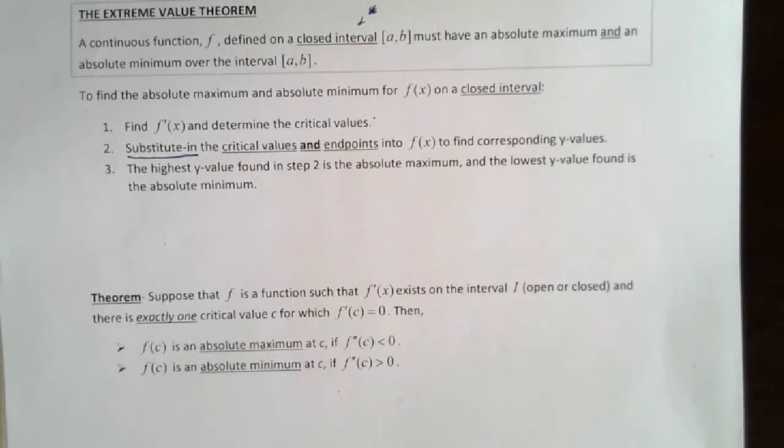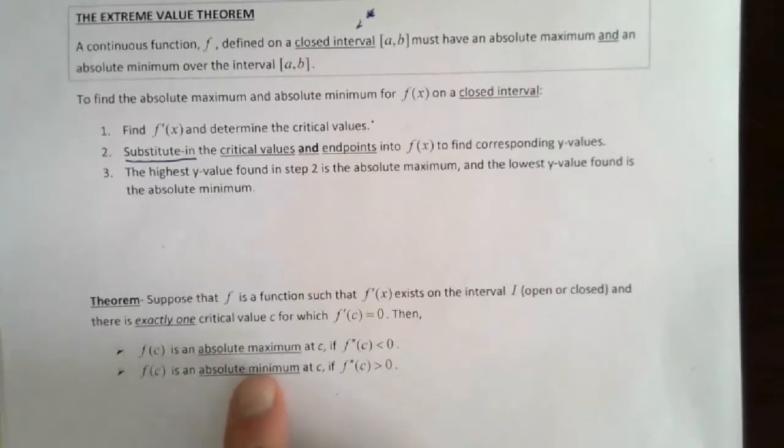It says, suppose that f is a function such that f prime of x exists on the interval I, which could be open or closed, and there is exactly one critical value, c, for which f prime of c equals 0. So just make sure we understand the premise. The premise is that if you take the first derivative and it exists on the interval that your function is on, whether it be open or closed, then if there's one critical value, that's what it's really saying. If you get one critical value over that interval, then